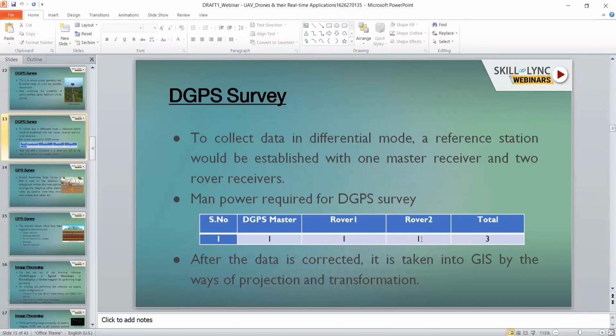If we have more satellites, the accuracy automatically increases. So DGPS data plays a very important role in drone surveying.